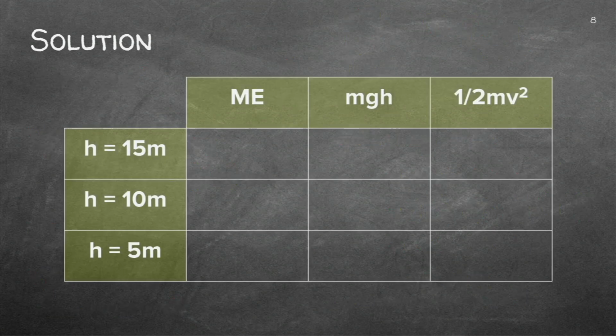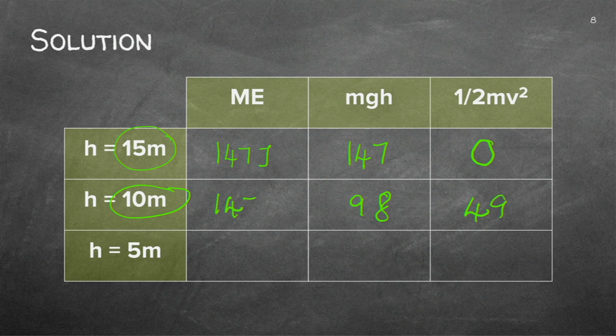Let me quickly go to a table so that you can see what we actually calculated. When it was at 15 meters, the initial velocity was 0, so there was no kinetic energy. So all the energy was potential energy, and the total was 147 joule. When it moved to 10 meters, you actually got a value of 98 here, 49 here, and it again totaled to be 147 joule. And when it was at 5 meters, we had 98 there, 49 there, and again 147